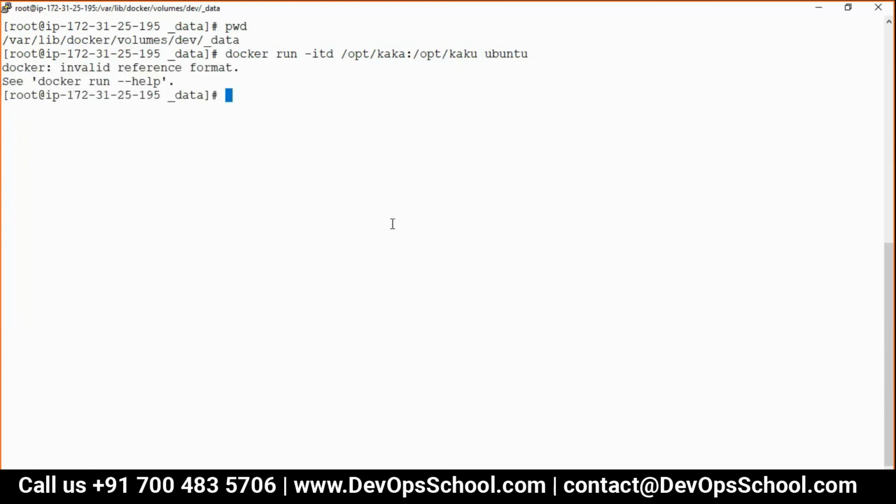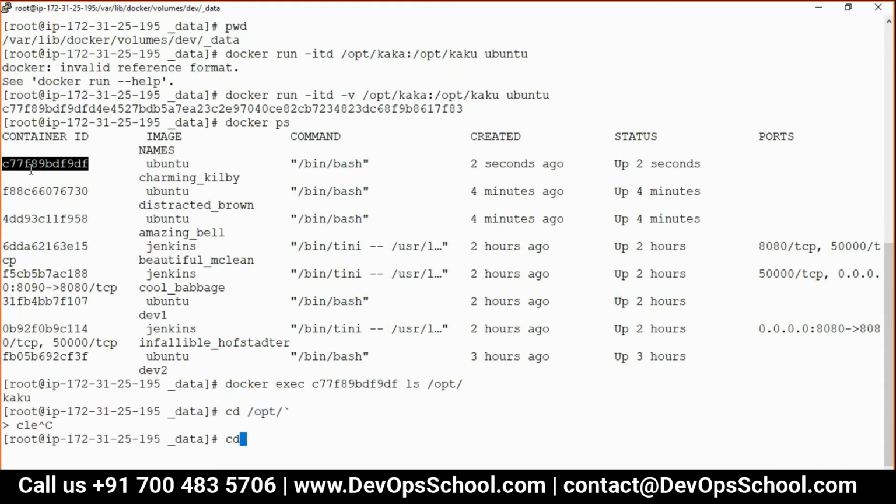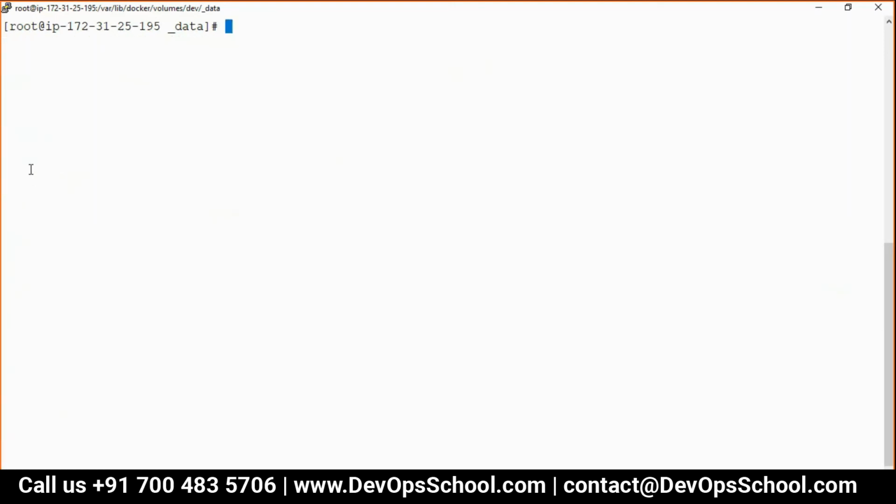There is some spelling mistake. Okay, I can read in this image. Now, see here, this container, docker exec, container, ls /opt/kaku, you got it? And now, go to the physical machine, the host machine, location,